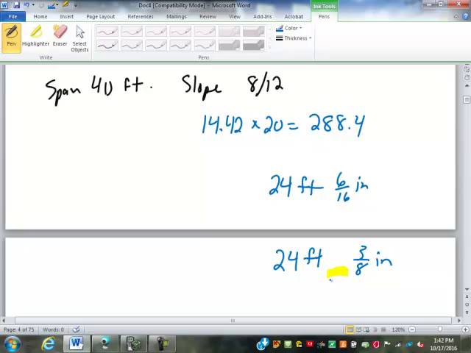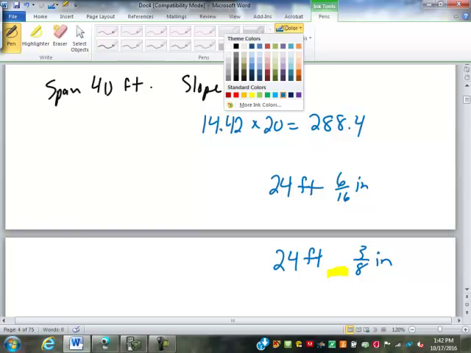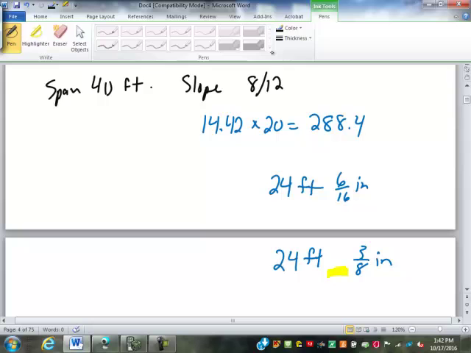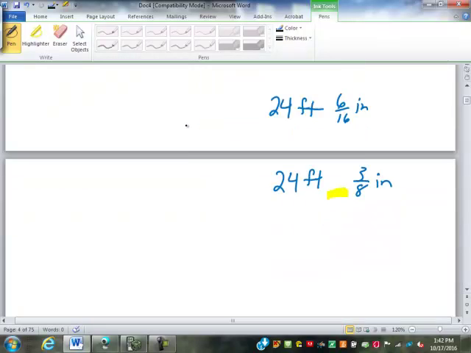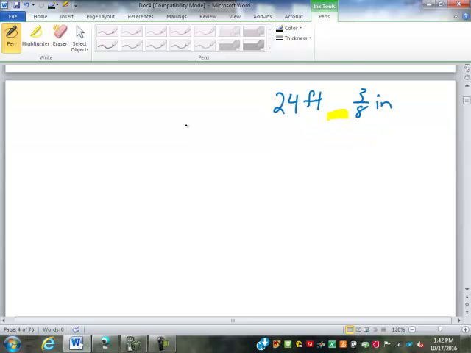How many of you got that one? 24 foot and 3/8 inches. I did get something like that. My answer was 0.3 inches. Okay, well, let's look at a